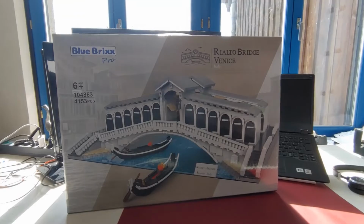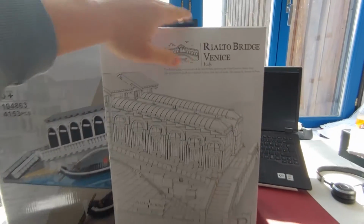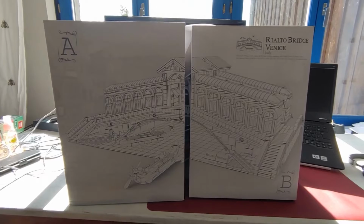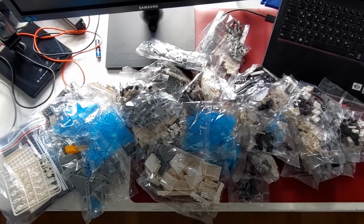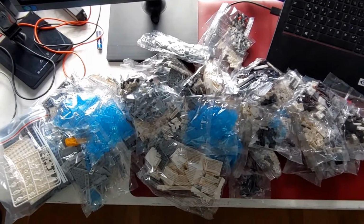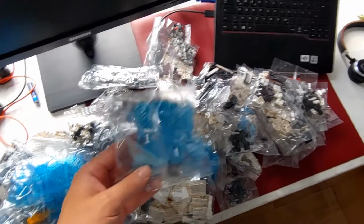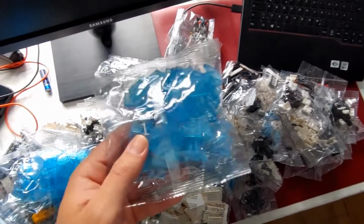Well, then I'm gonna empty these boxes now, and then I will start building up that bridge. So I just unpacked box A, and as you can see, there are many blocks. But I noticed there are numbers on the bags. Bag 1,